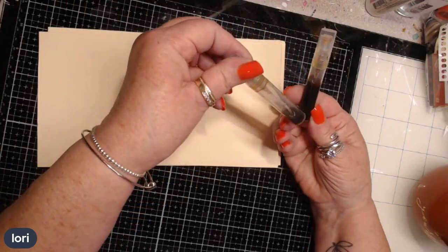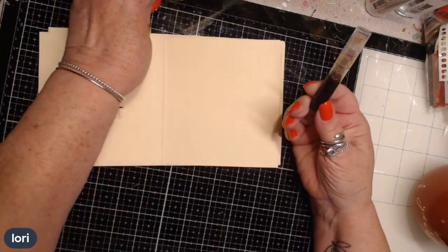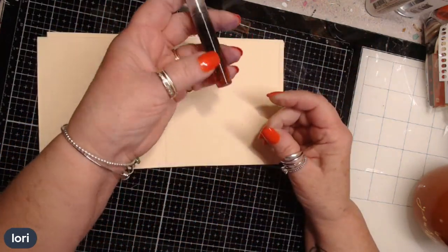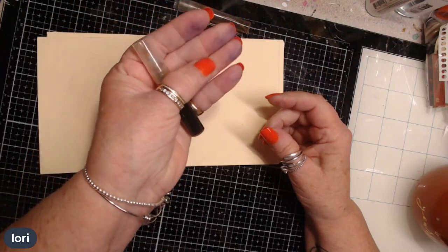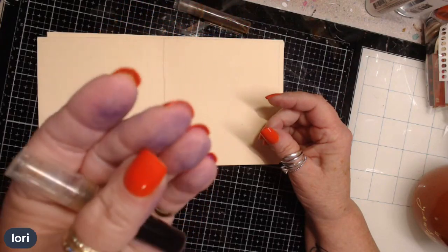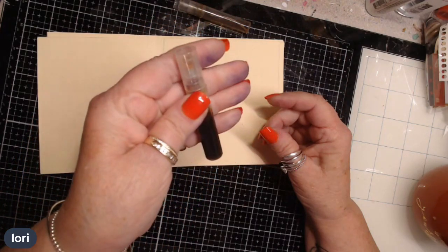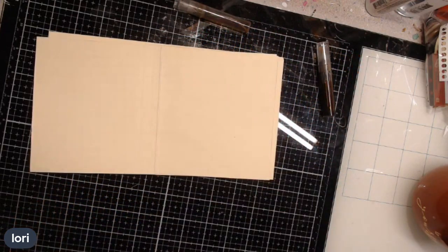here's some coffee. Oh, I think this was coffee. This is, look, my hands are purple. My fingers are purple. I have no idea why. Huh. Let's try this. I wonder where I put my,